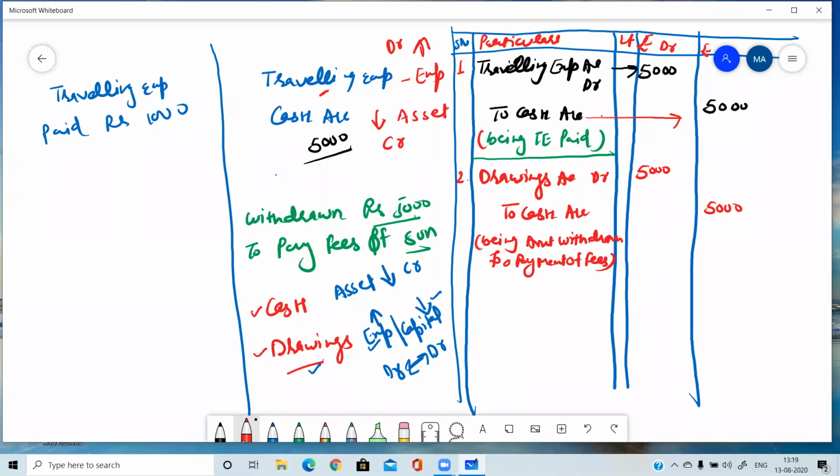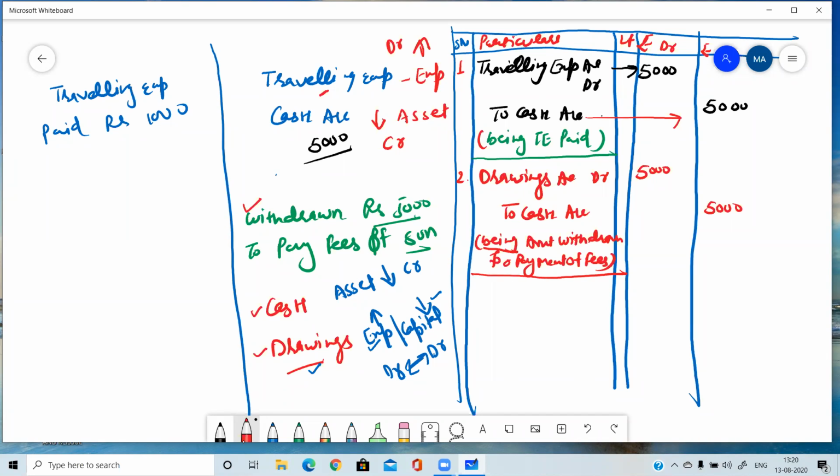So I told you one thing here, that there is no standardized language for narration. Okay, accounts are standardized, whichever two accounts your answer gives, those will come. But for writing the narration, it's your choice how you are going to write it. If you are not able to make the narration, then just add "being" and write the same transaction which is given in the question. Being amount withdrawn rupees 5,000 to pay fees of son. So it's up to you whether you write the same transaction or write in your own words. So narration can never be wrong. Narration means brief description. Now how to give that brief description, you have to decide. So there is no standardized language for narrations.